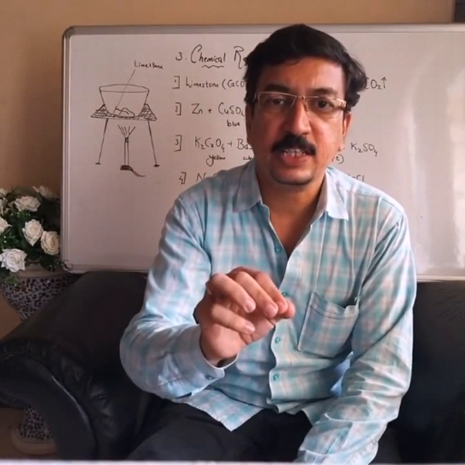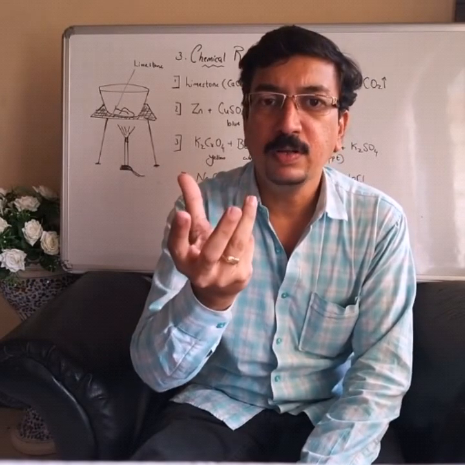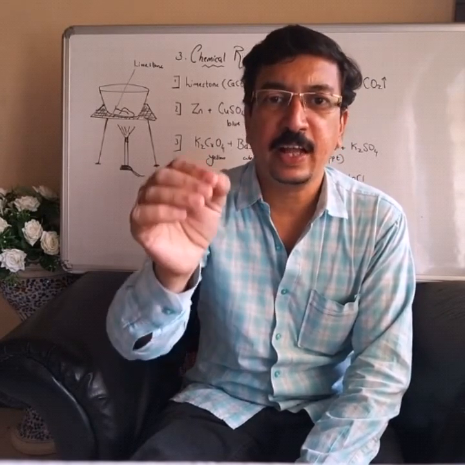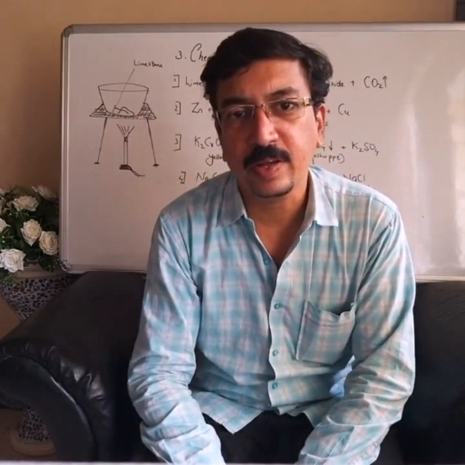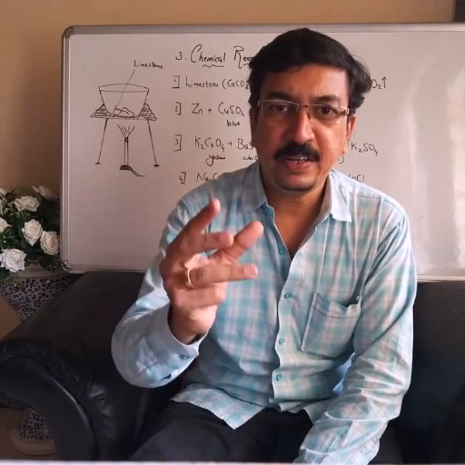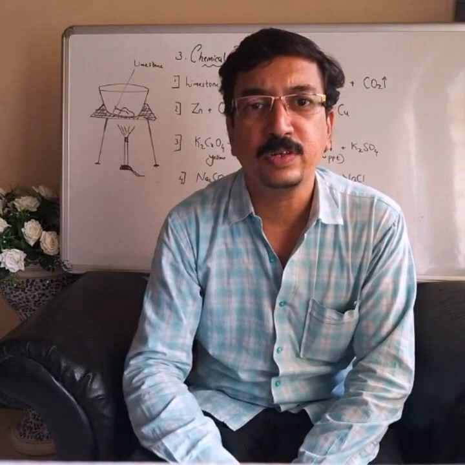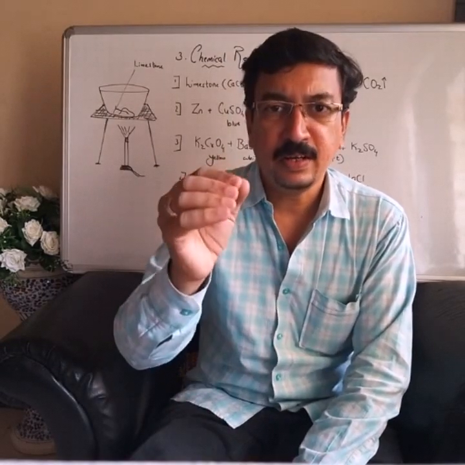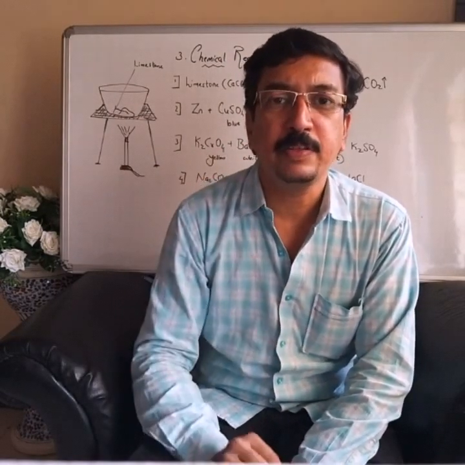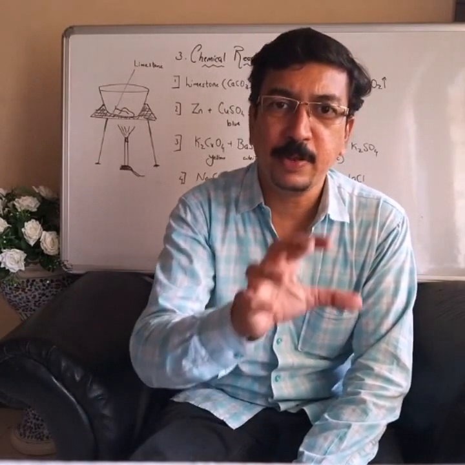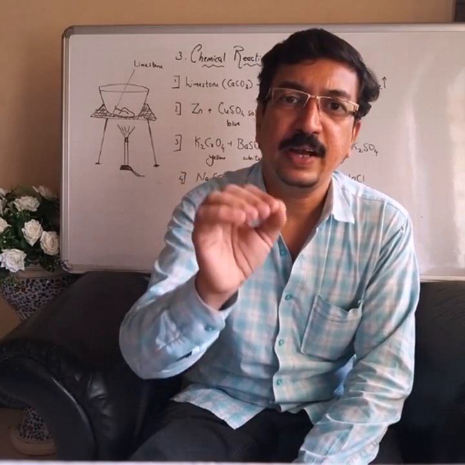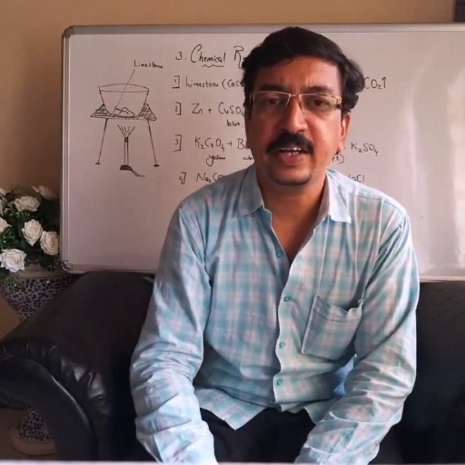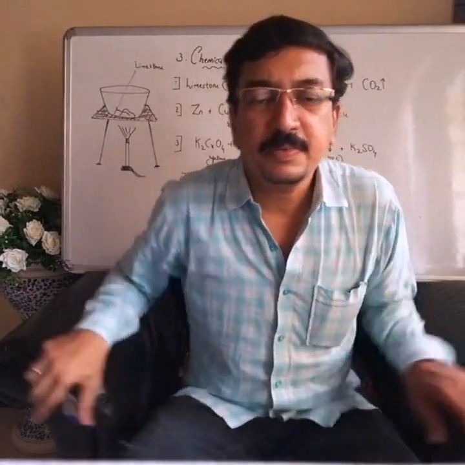It depends on your school practicals, whether they perform these experiments or not. And the table which they have mentioned has to be filled up. What is done in this experiment? There is a bowl in which we take the chemical, the compound, and we heat it on a Bunsen burner. And we observe what changes take place inside the compound, and the observations are recorded in the table. So instead of drawing a table and explaining, I will explain each reaction separately, and you can easily understand the chemical reaction. So let's start.